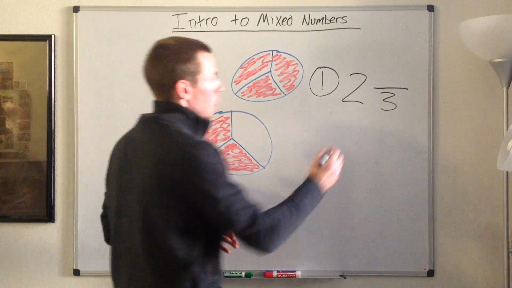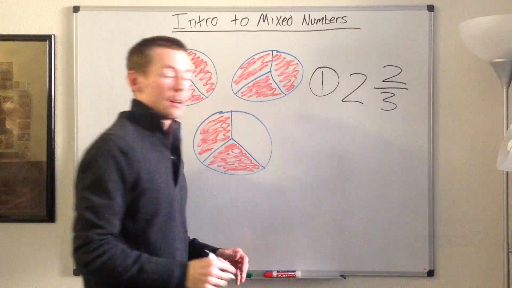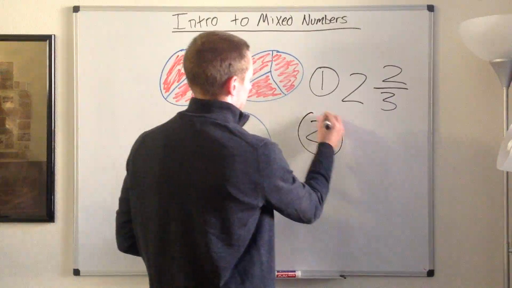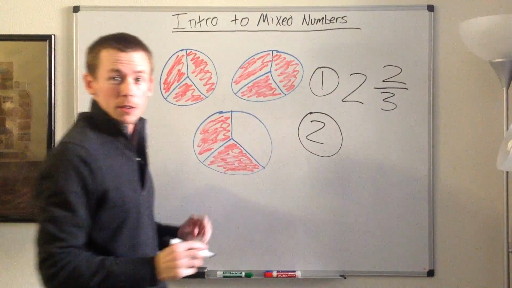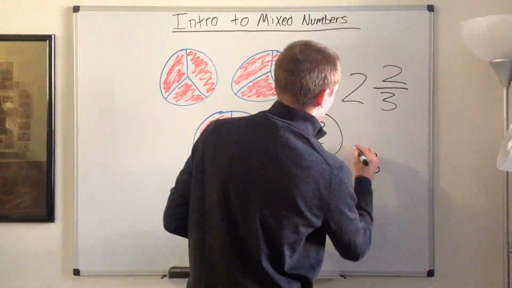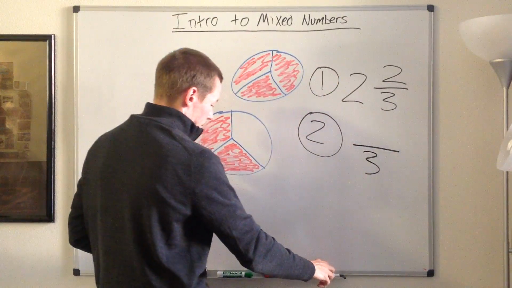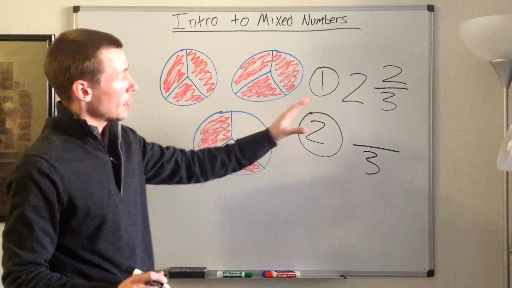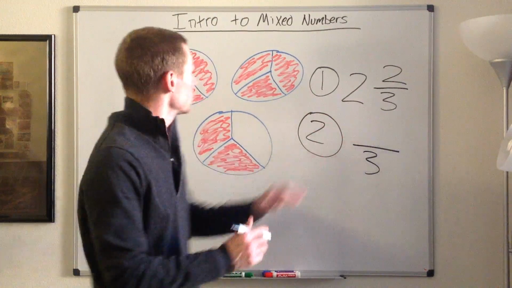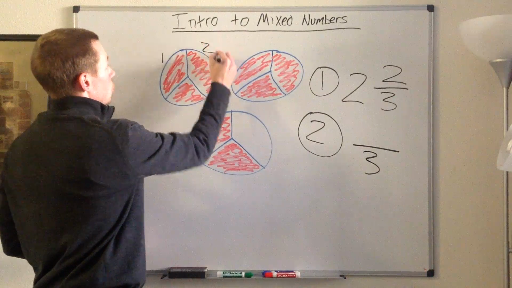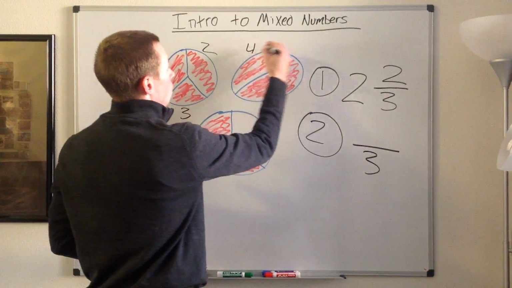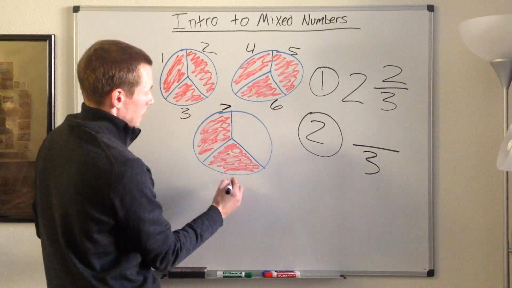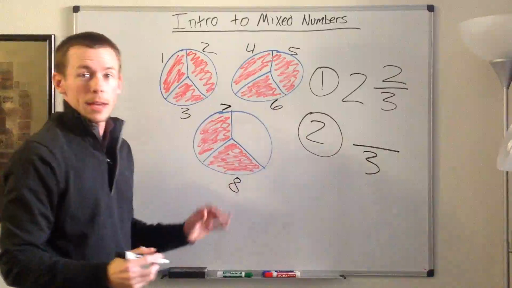Just two, so we can think of this as 2 2/3. Or, again, everything's been carved into thirds. And so how many thirds do we have total? If we don't think of looking at the complete ones, well, we have 1, 2, 3, 4, 5, and 6. And then over here, 7 and 8. So we have